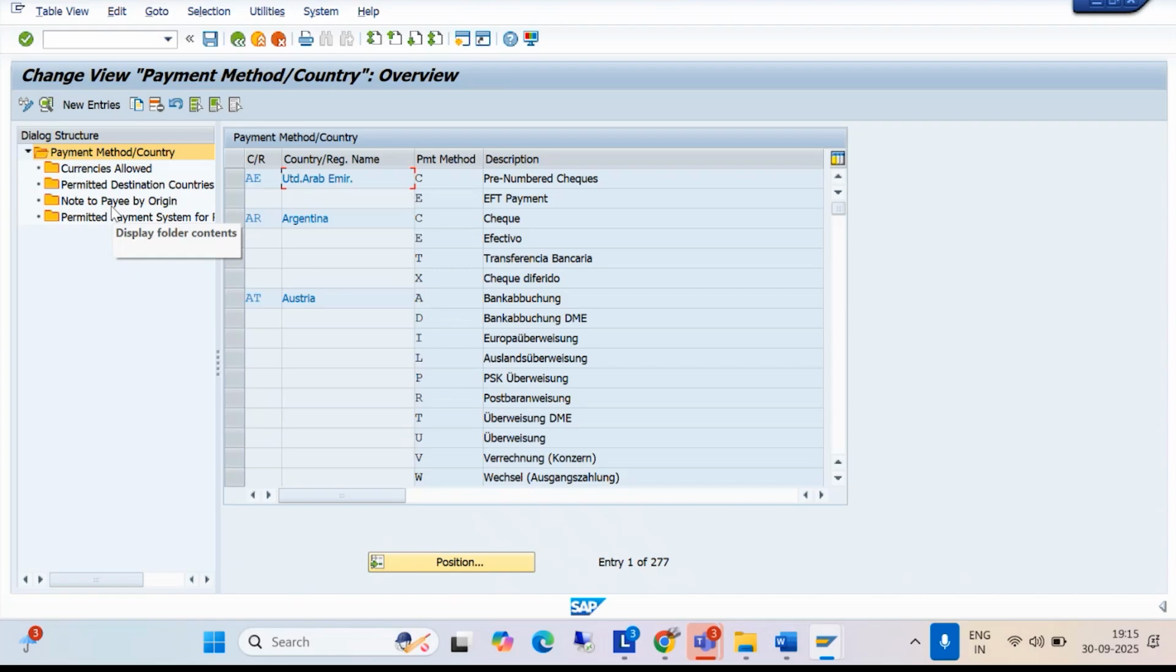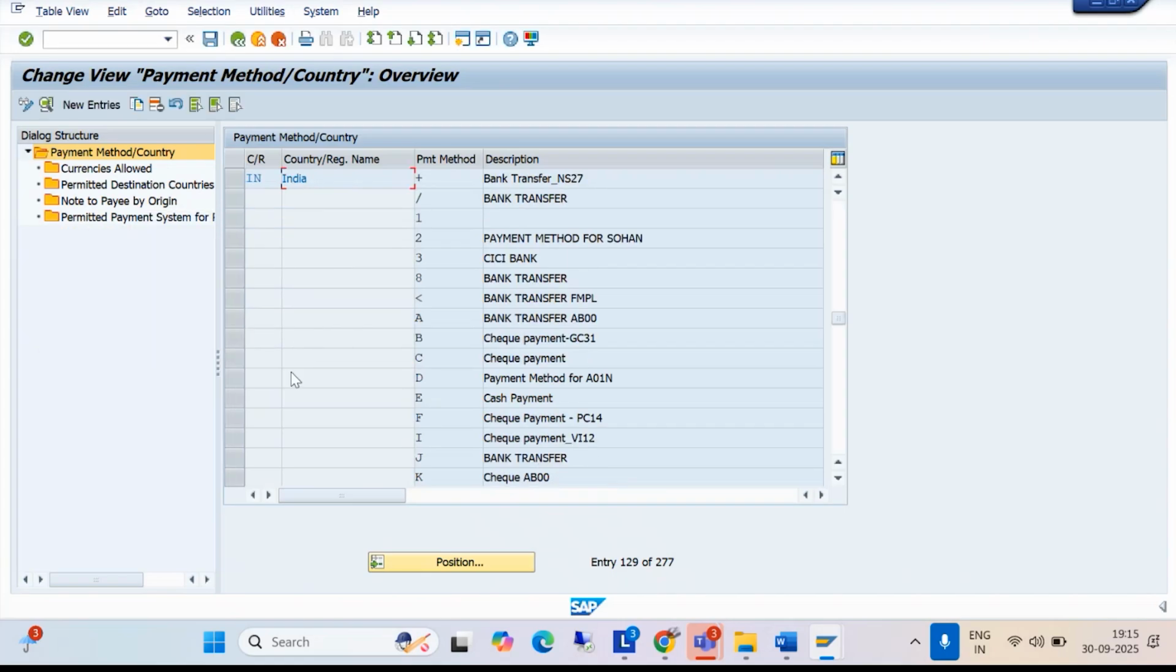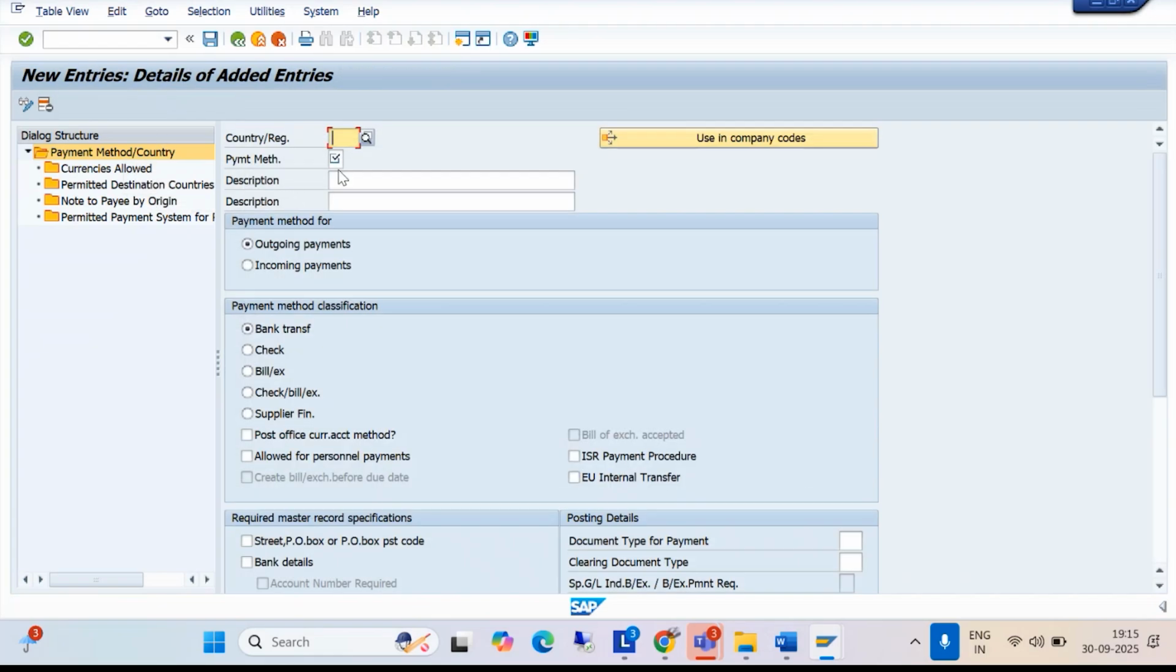Once they have been fixed with the country IN and the bank transfer, there is no need to create it again, as it will overlap. So we have to check whether bank transfer is there for our country or not. If you see here, India bank transfer is there. If you give bank transfer again for India, with the payment method T and the description bank transfer,